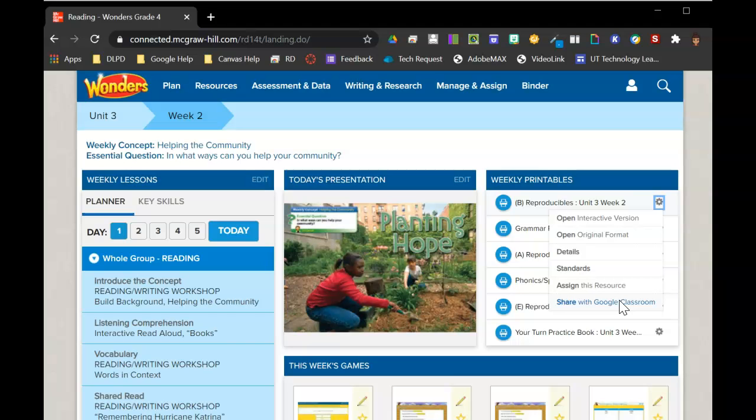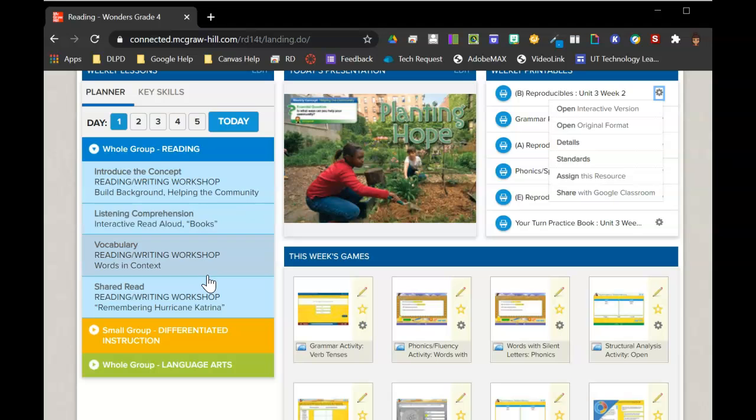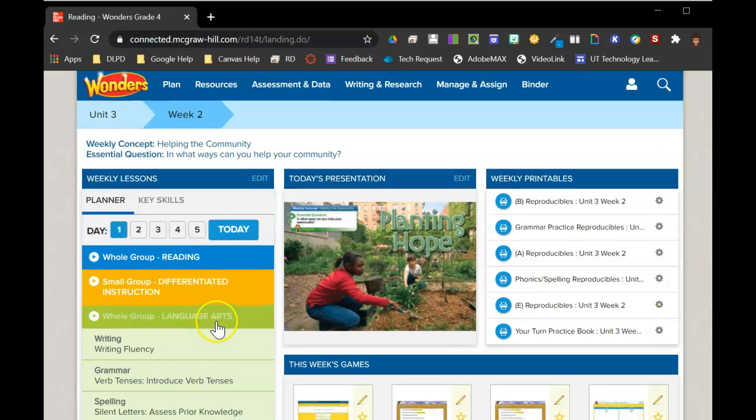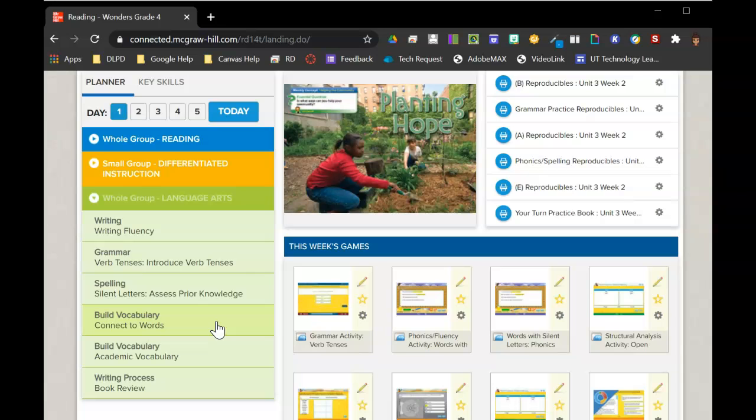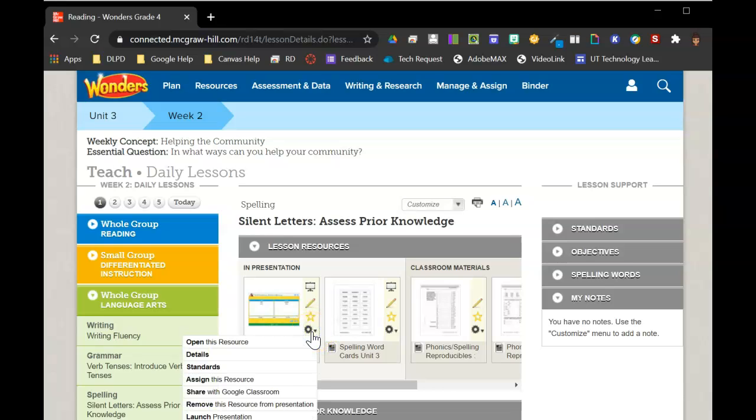So today what we are going to learn is how to find different sheets that we'd like to use. So let's say I want to use my whole group, language arts. Let's say we want to do our spelling list for the week. So I have all kinds of things here. We have in presentation mode, these things. Again, you can do the presentation mode here. You can edit them. You can add them to your favorites, all kinds of stuff. And this is a word sort, which would be great. So you could definitely share it with Google Classroom and have your kids come on and do this on their